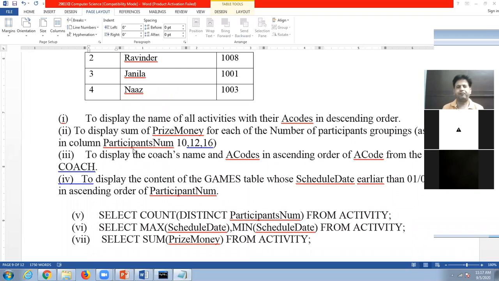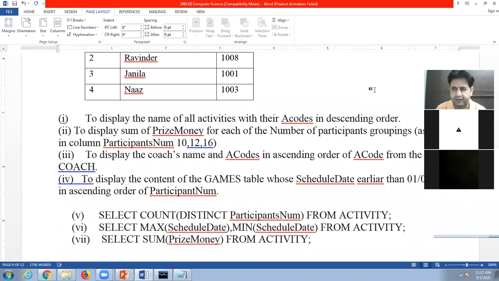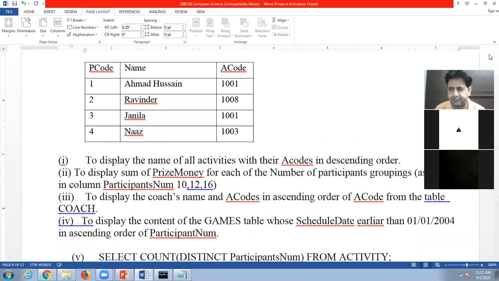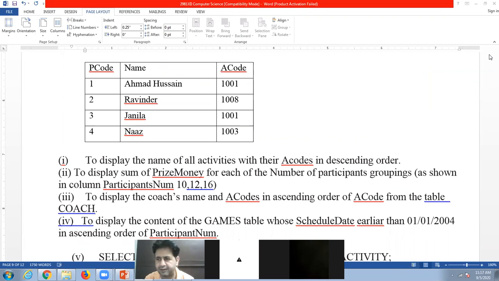Second query: display the sum of prize money for each number of participants, grouping on the column participants num.